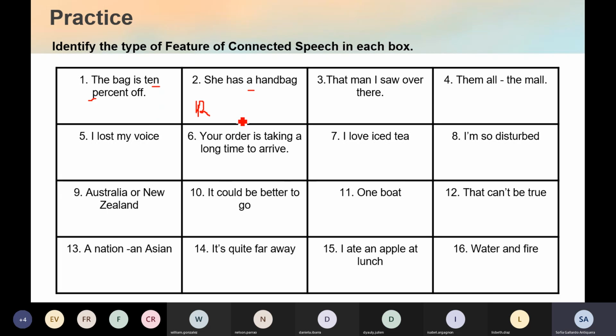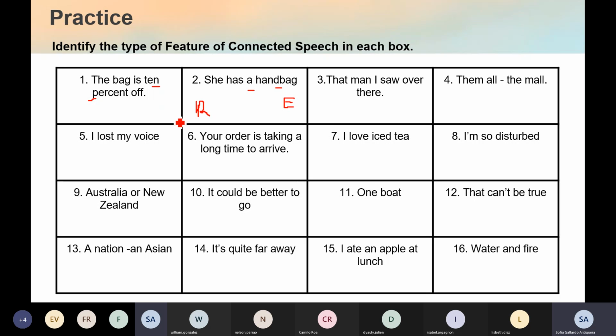I think Jolie was speaking, or was I? Yes. What do you think? I think we have like an elision in handbag. We have this D, we kind of don't pronounce it. Could be as well. Good eye. I'm gonna put them on the side because it is not the first or the main feature I was aiming for you to identify, but those are correct.